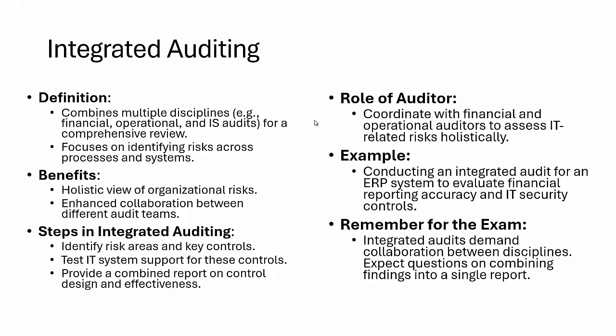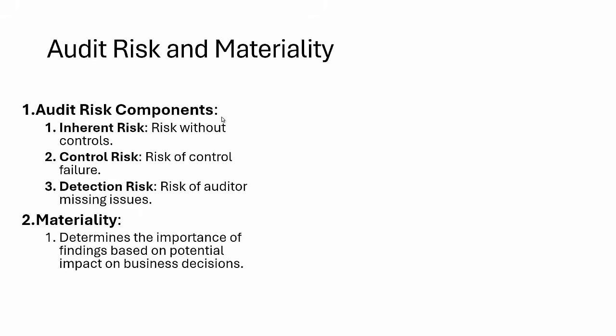Now, in the audit, we have some issues, and those issues are called audit risk. Before I discuss audit risk, let me first explain what risk is. Risk is a probability of something going wrong, a probability of something in a negative manner. That is called a risk. There is the probability of this occurring, and then there will be the impact. So, for example, you are not very good with domain 1. You are weak in domain 1. That is called a vulnerability. Vulnerability is a weakness. You are weak in domain 1. That's called a vulnerability. And the threat is if they ask a question from that area.